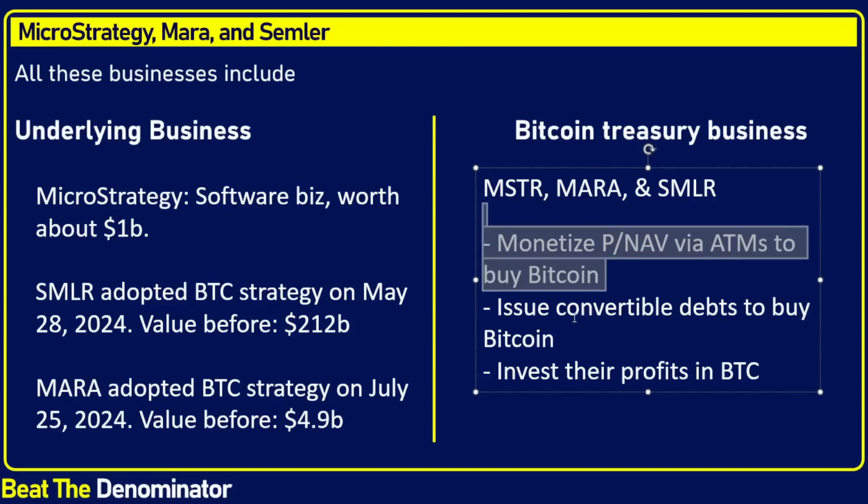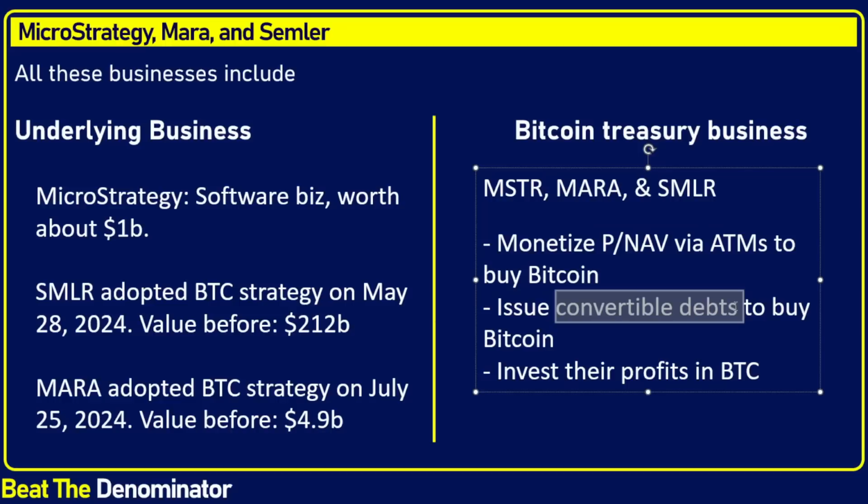And of course, a convertible debt is just a more advanced way to do that, because you dilute, but you dilute 4.5 years later via the option in the convertible bond. And the big advantage, of course, of these companies issuing convertible bonds is that they can collect that premium for themselves. They collect it for themselves via low interest, via a favorable conversion price. So they collect an even greater premium than they do by just monetizing the price to NAV. That's how they make money.